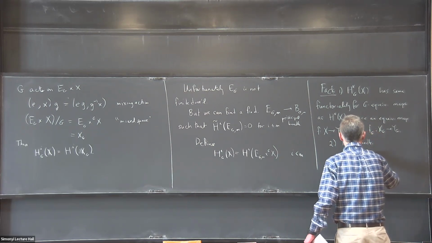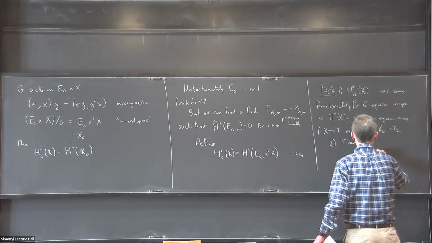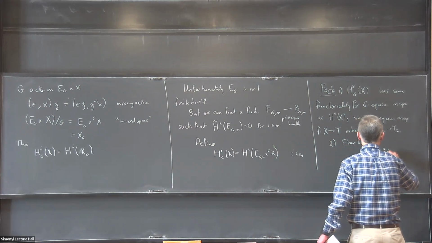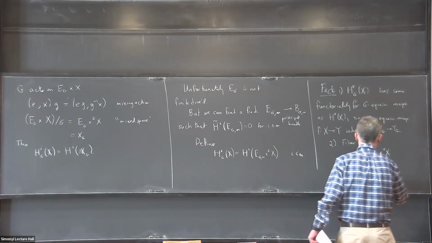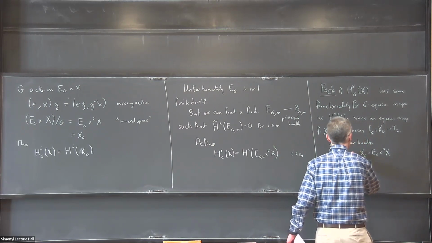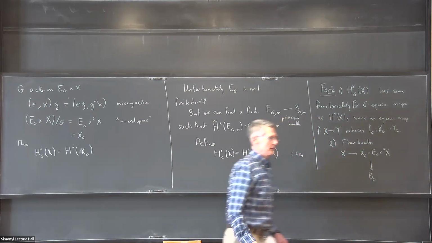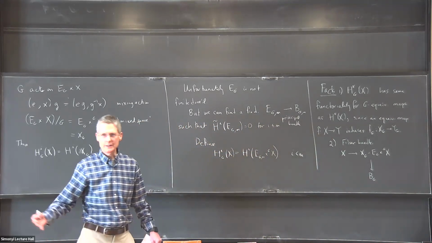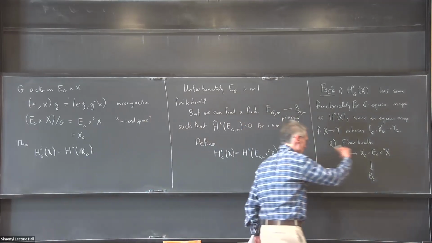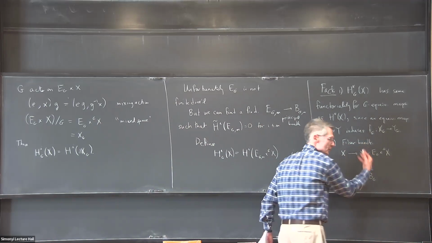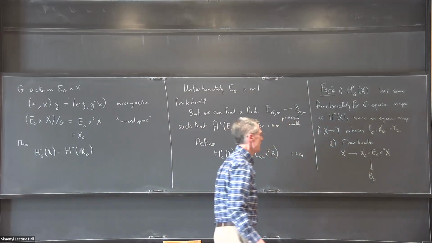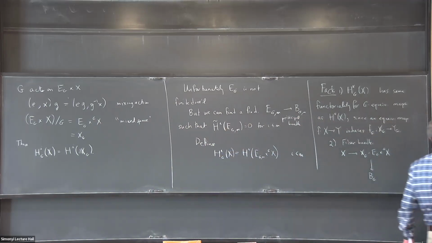So X_G, this is EG cross_G of X, goes down to BG, and this has fiber X. This is how we write fiber bundles. This is the fiber that goes to the base. And so pullback